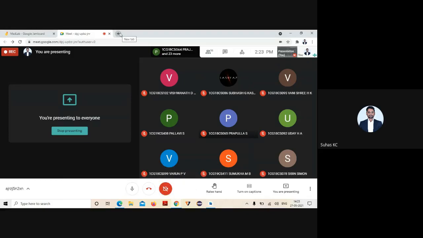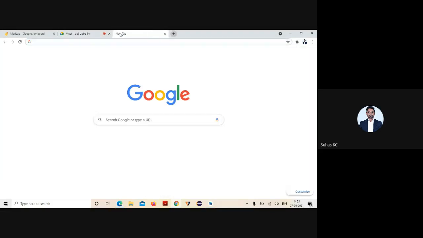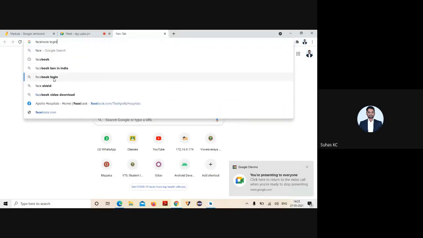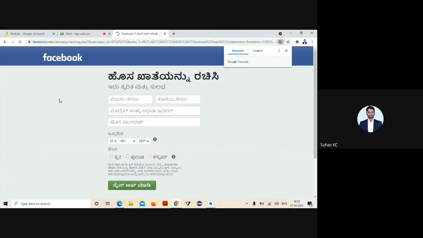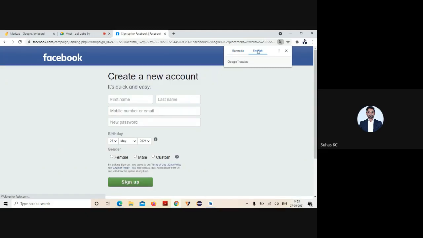In your last class I said what the difference is between your text view and edit text. I think I used the Facebook example. Text view is used whenever I want to display the output on your screen, that's it. See, Facebook displays "create a new account". I can't make any changes to this text, whatever it is displaying. So this is your text view, used for whatever text you need to print on your output screen.